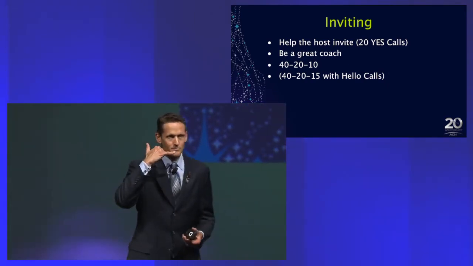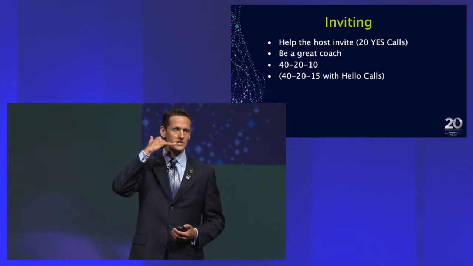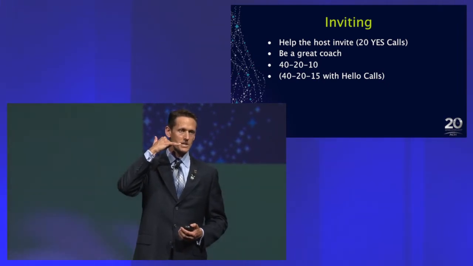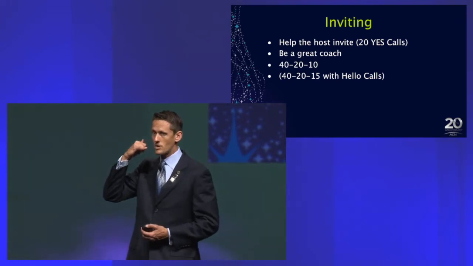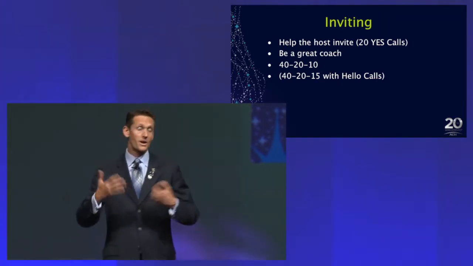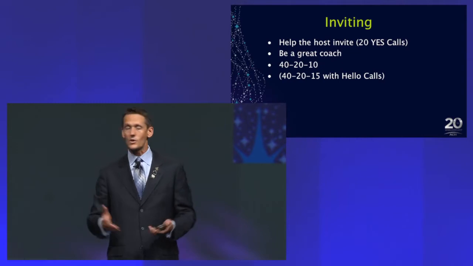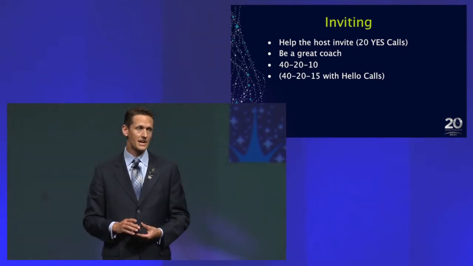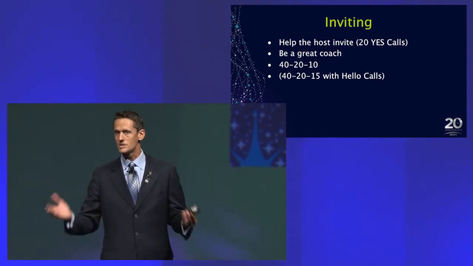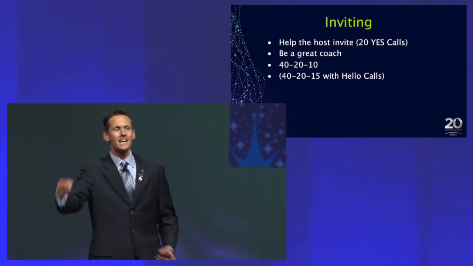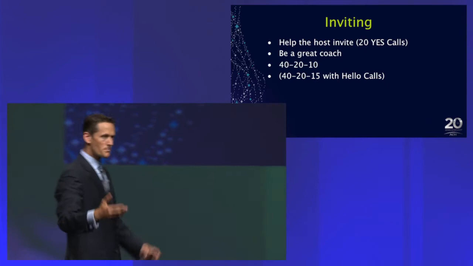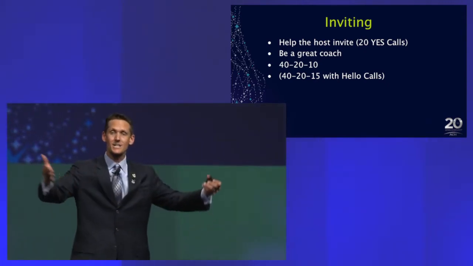I say, Annetta, here's what I'm going to say to Al. I'm going to call up Al. I'm going to say, hey, Al, this is Brian Sachs. I'm with the company that Annetta was telling you about. And I'm just calling to say hello. I understand that we're going to be over at Annetta's house tonight at 7:30. And I just wanted to call and say hi, and I look forward to meeting you. That's it. Who thinks that's pretty simple? What does that do for the new people who say, yes, I'm coming?